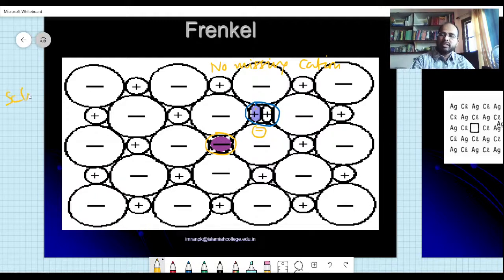In the Schottky defect, you had completely one M plus gone. One M plus was gone. But here you have some excess like Mg2 plus or this. So this has to be balanced. So the size of this and the size of this is peculiarly balanced. Okay, and it is not very accurate.